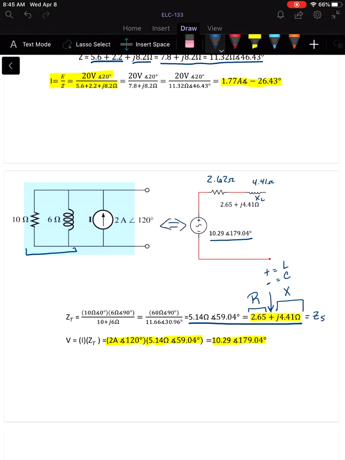Again, these two are equivalent, so if we placed a load between the terminals on either one, we should see the same current and the same voltage there for each. And that's just a quick